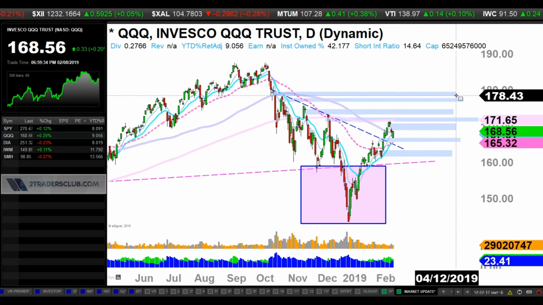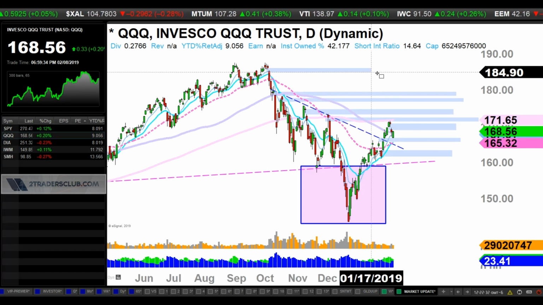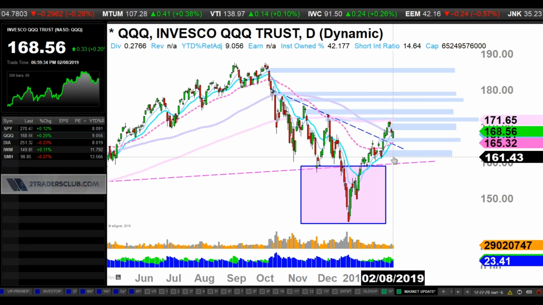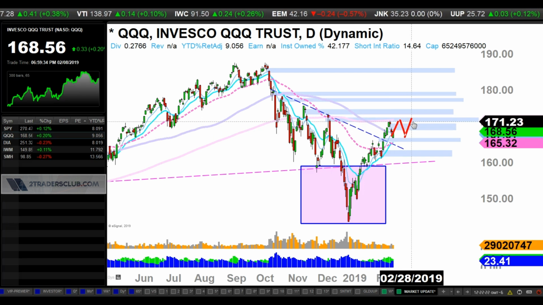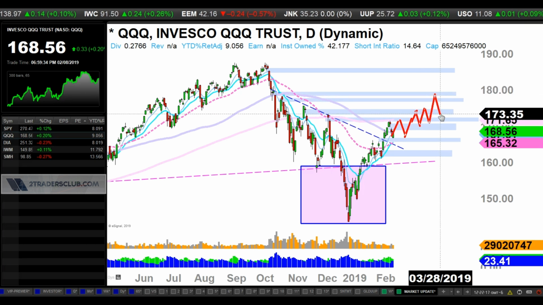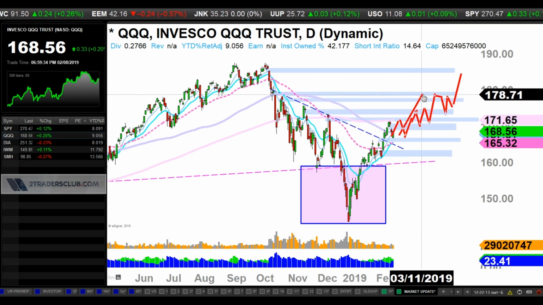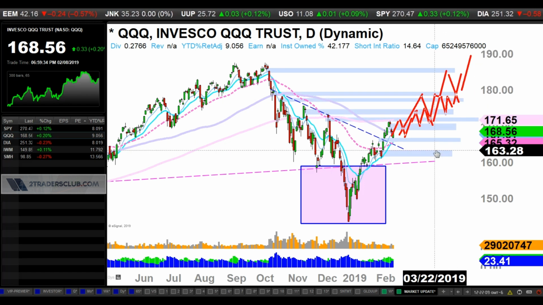That does not mean the bulls cannot bring it up. We probably are not going to see a big move on the Qs, and that's probably going to slow things down on the other indices as well. So what I think is going to happen is it goes up, then some shenanigans, goes up, fills that gap, some shenanigans, and then goes up and fills that gap, and something like that, continuing higher. We may see something like 2-3% and then get back up. I think that's what's in the cards.